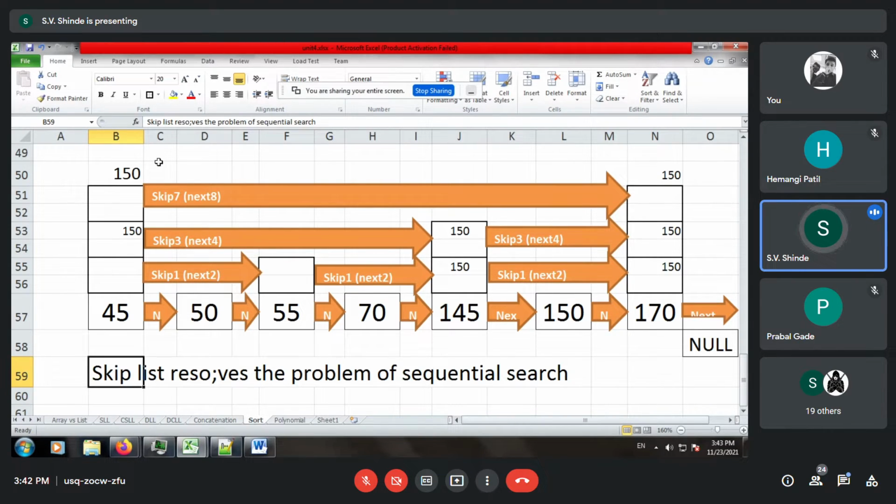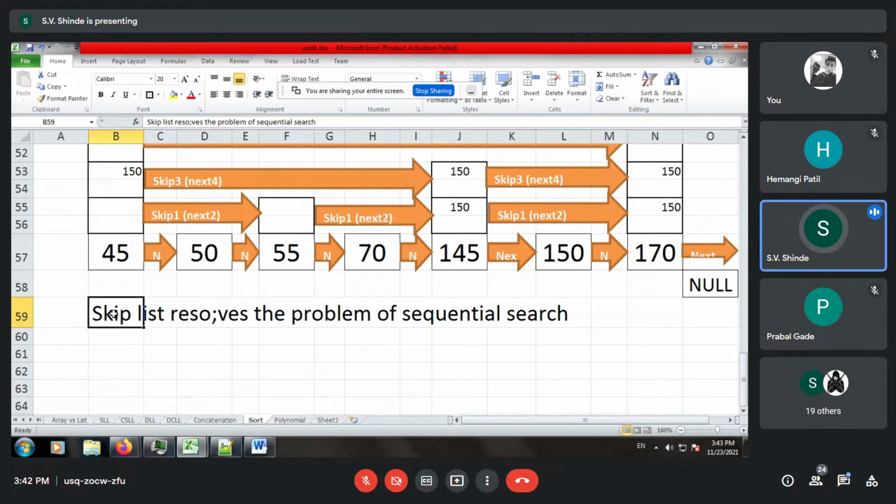Are participants able to view the font? Okay, so first, skip list resolves the problem of sequential search. What is the problem? The complexity of sequential search is O of n.